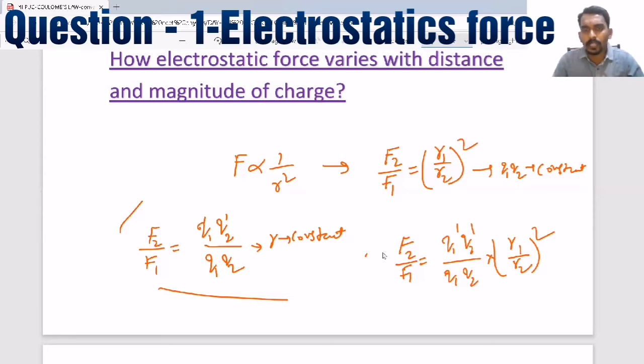But based on electrostatic force, when they ask questions related to conduction, they will ask in such a way that both spheres are similar. They will say similar spheres so that the charges will be shared equally when they touch each other. That is how you can find the new charges Q1' and Q2', so that you can find the initial and final force relation. This is how they can ask questions based on electrostatic force and its variation with magnitude of charges and distance between the charges.